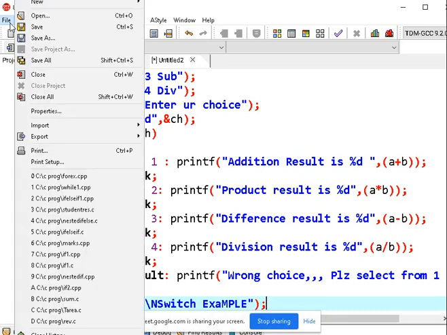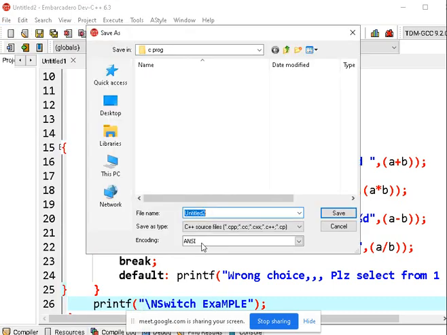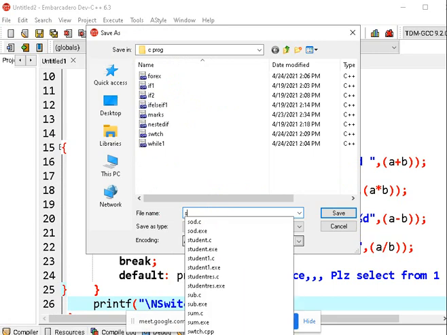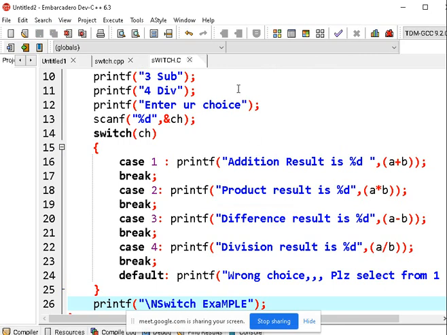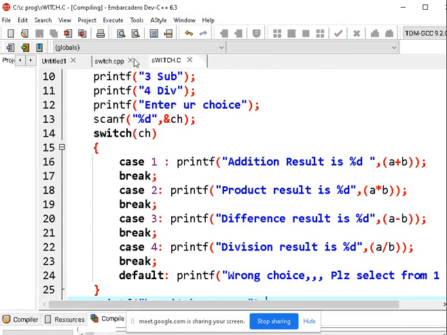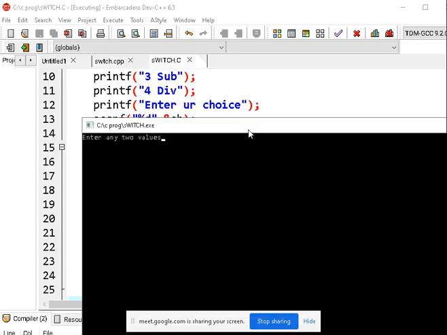Now I go to file, save, switch.c. I am saving it, then compile and run. Now it is asking to enter any two values.